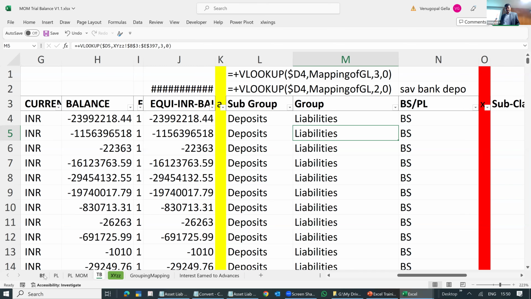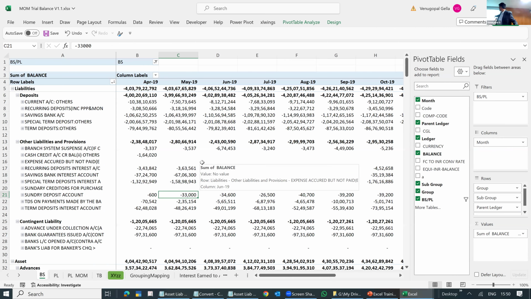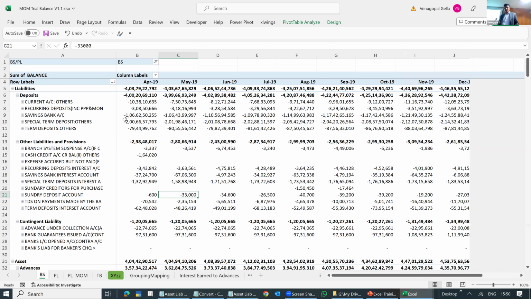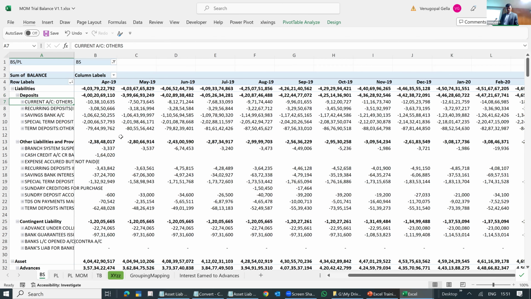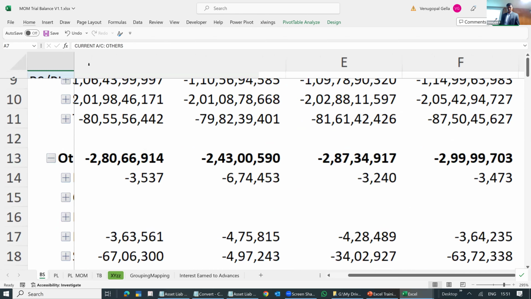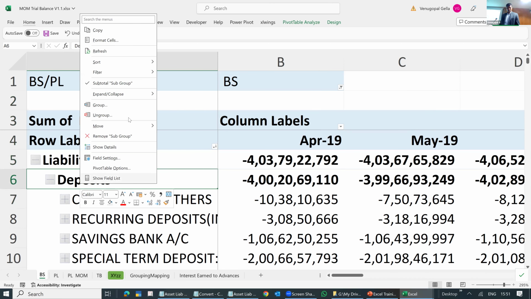Once this is done, you can apply a simple pivot table. Like my balance sheet month over month, you can see there is something coming. These are pivot tables. You can just apply a pivot table and see whether you are okay with it or not. Let me just zoom it again for the benefit of others. I'll collapse everything.